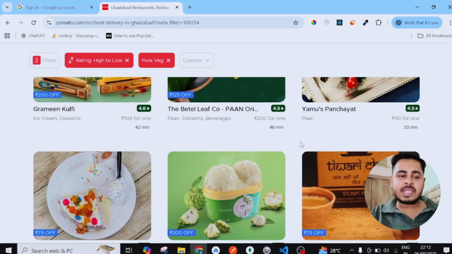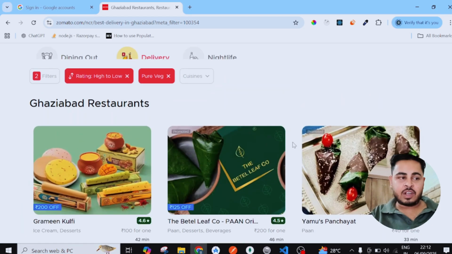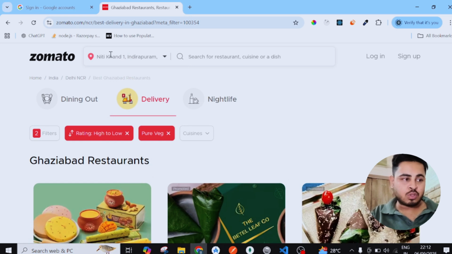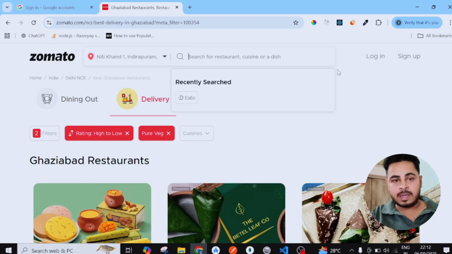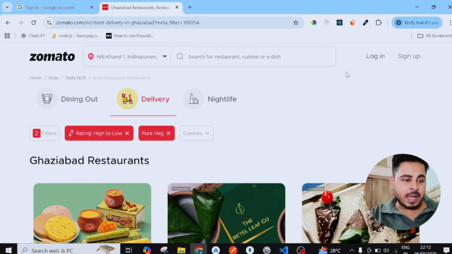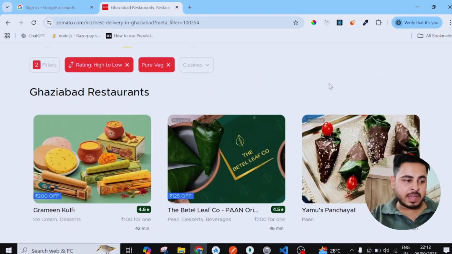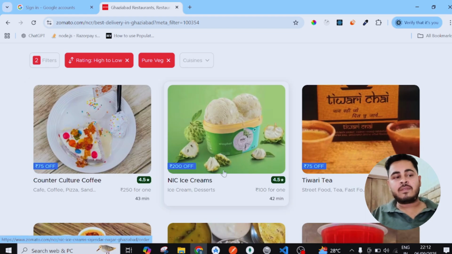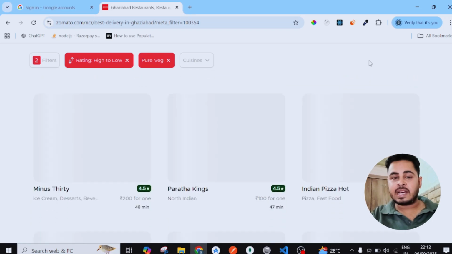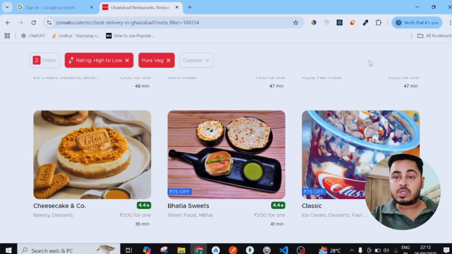Whatever we see with our eyes in front of us, like Zomato's logo, the address bar, the search bar, a login button, a sign up button, and these product cards with the price, the delivery time, and the rating. Whatever we see with our eyes, which is interactive, through which we get the data we want to see on a particular website, we call it front end.